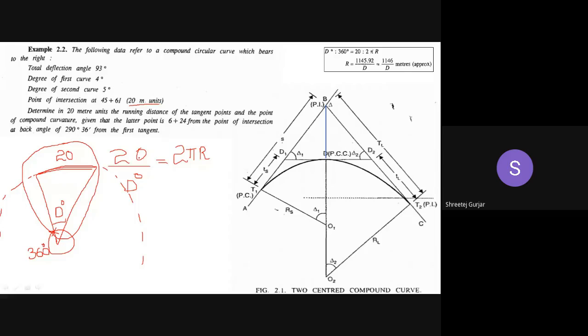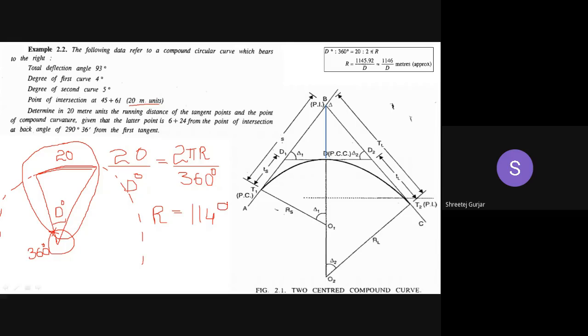Okay, total perimeter is 2 pi r and the total angle subtended is what? 360 degrees. Now, you can simplify this particular formula and tell me in terms of r what will be the result. So 360 will go on the upper side here. So 20 into 360 and this 2 pi will come at the bottom, in the denominator, right? So you can tell me what is the formula now in terms of r and d. R is equal to, it will come around